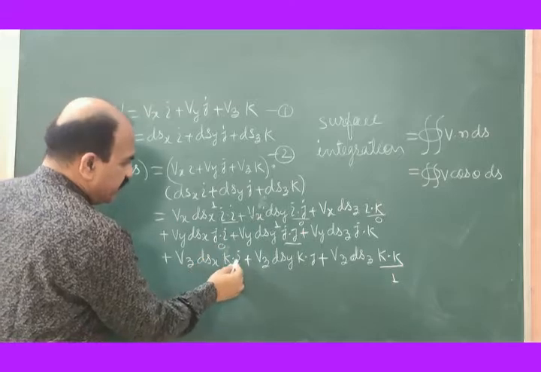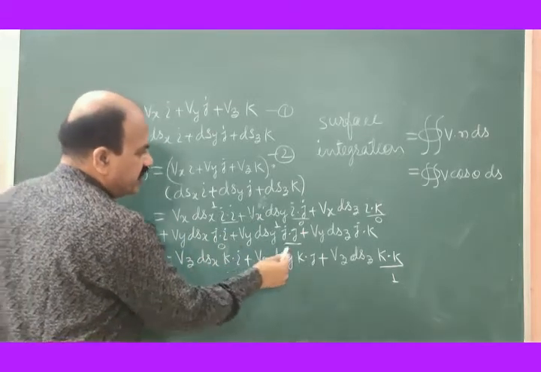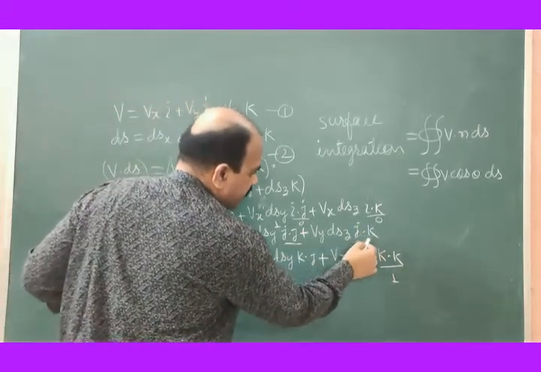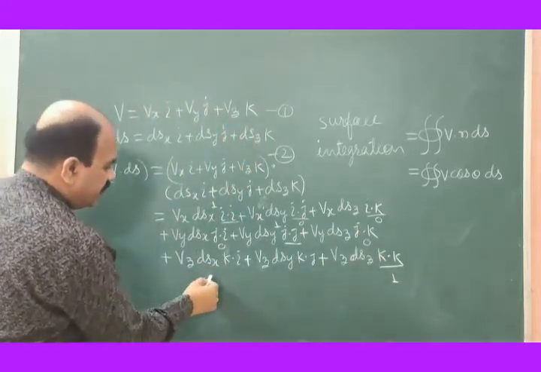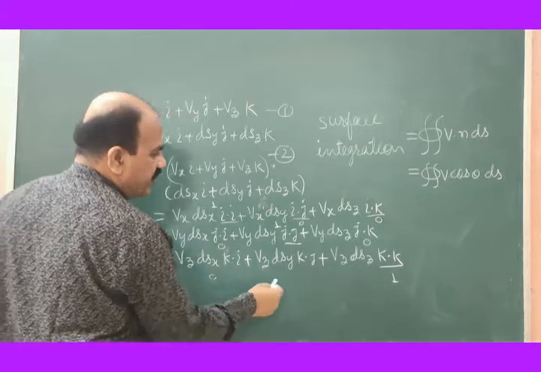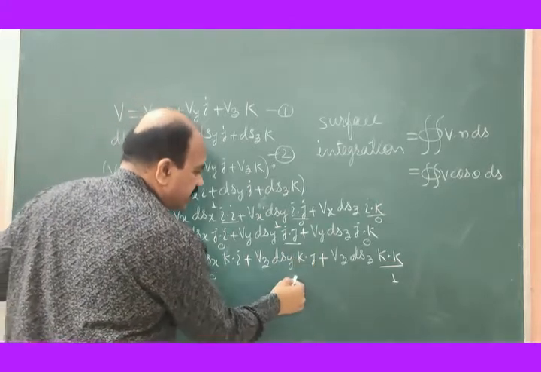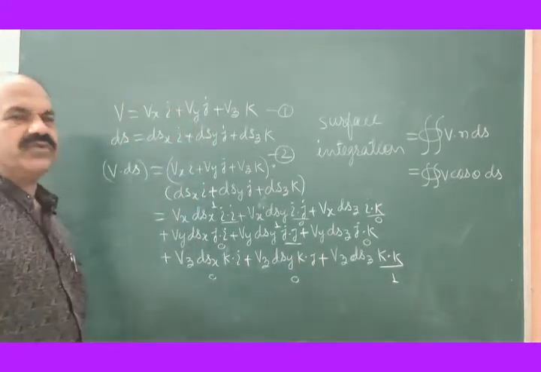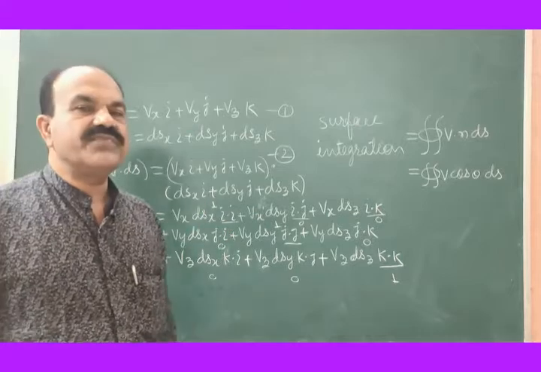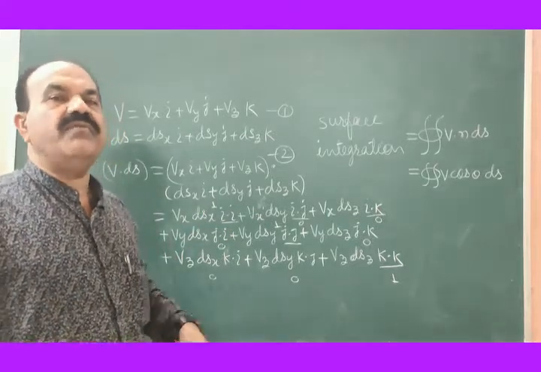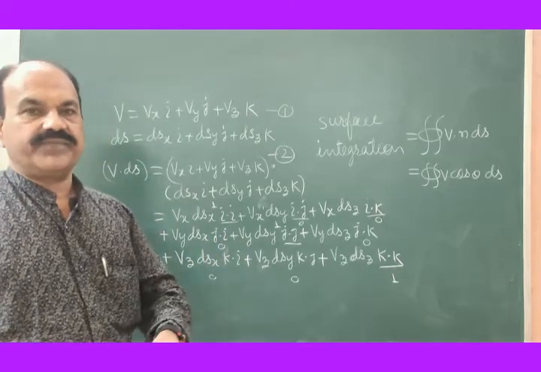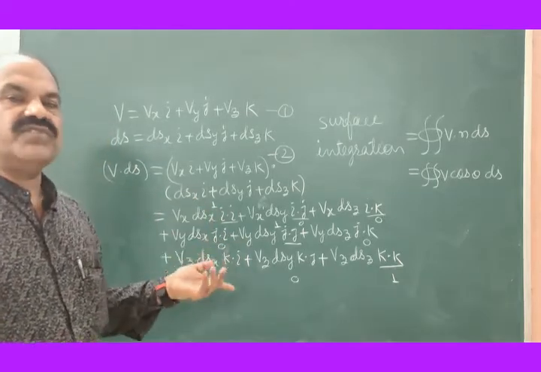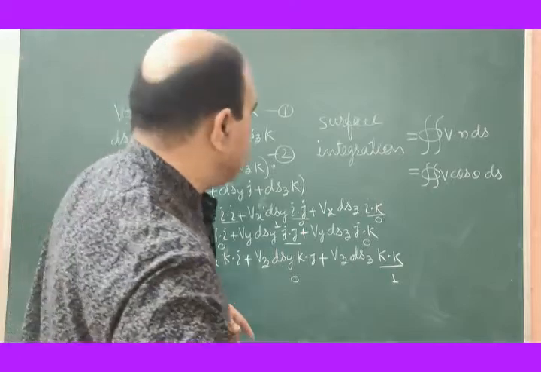This is 0. This term will become 0. This is 0. This term will become 0. k dot i is 0. The whole term will become 0. k dot j is also 0. The whole term will become 0. So out of these 9 terms, 6 terms will become 0 because of the rules of dot product. Only 3 terms will survive, and that is